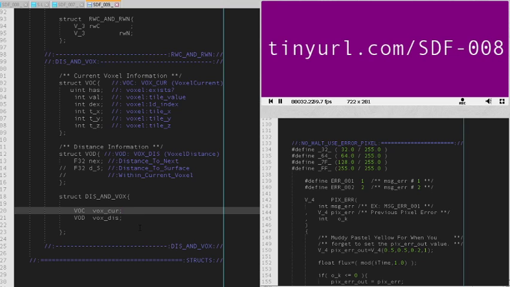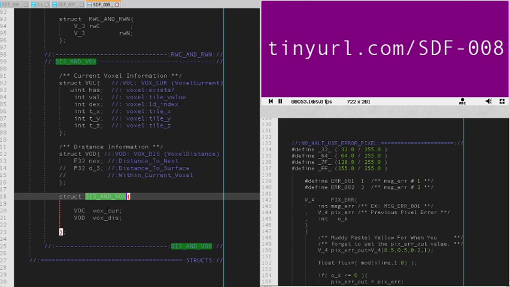But if we look at current and distance, we're going to take distance and voxel, and we're just going to call it